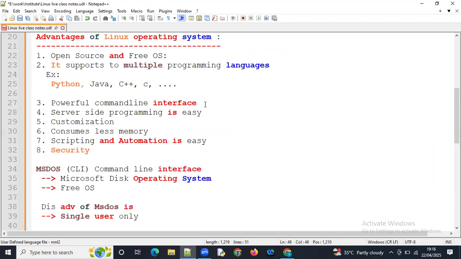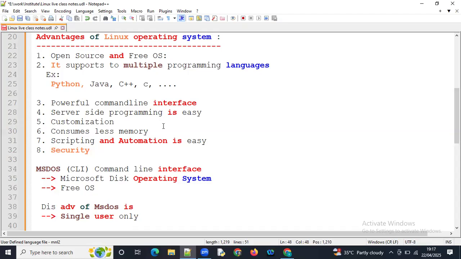Next, server side programming is easy. Most of the servers use Linux operating system only. Customization means we can edit the source code according to our requirement, and it consumes very less RAM, random access memory. It is mostly used for scripting and automation purposes, and it has more security when compared to Windows operating system.